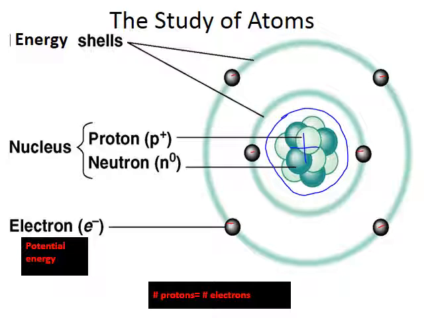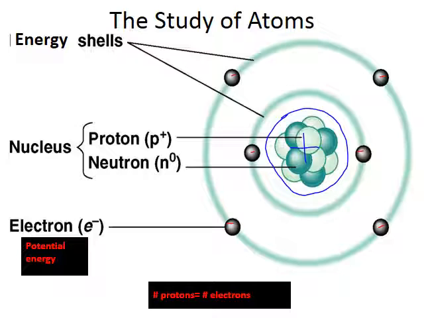So for the most part in this class, we're going to leave the protons and neutrons alone. We're going to focus on the electrons, and you're going to see why in a second. These electrons are really important for biology. They have energy of motion, which is kinetic energy, because they're moving around the nucleus of the atom. But more important biologically, they have potential energy, that's stored energy. And you're going to see the cell use this potential energy to actually do work. So you're going to release that potential energy, and get this atom to do work.